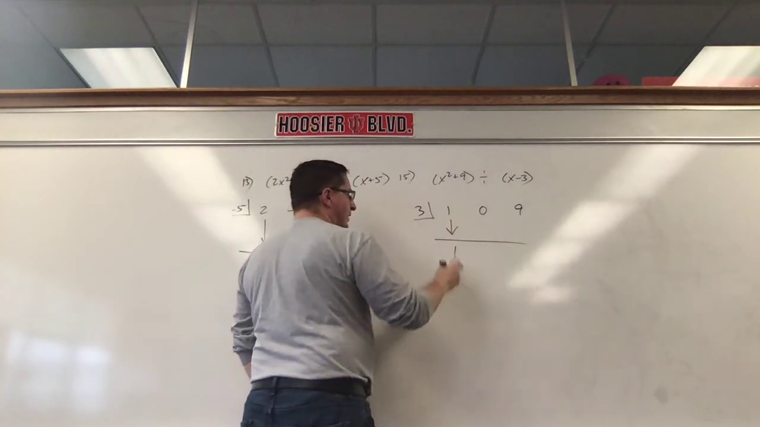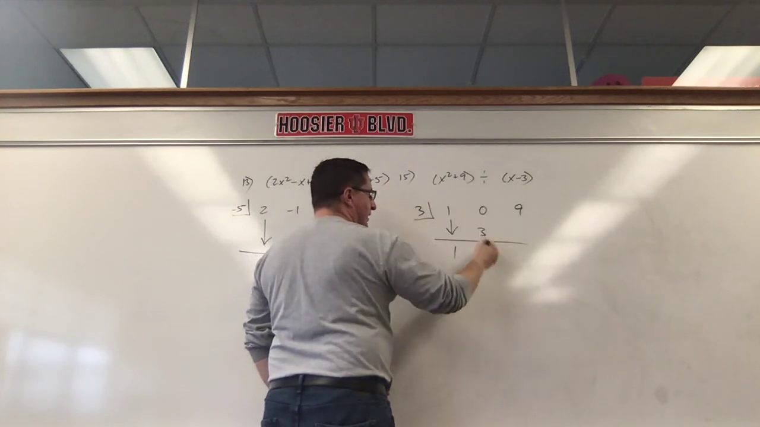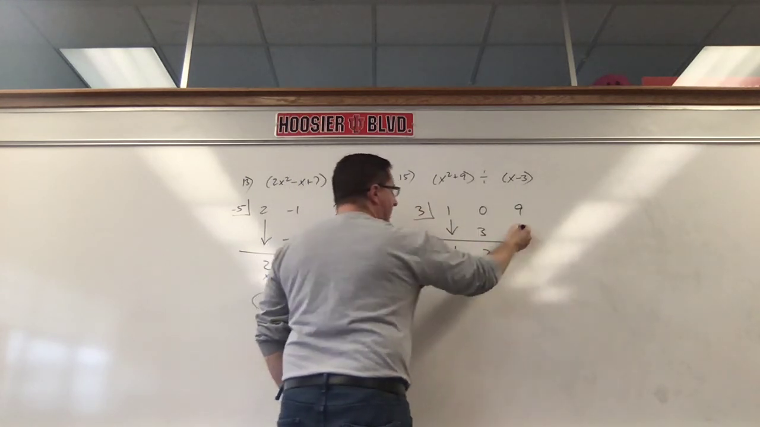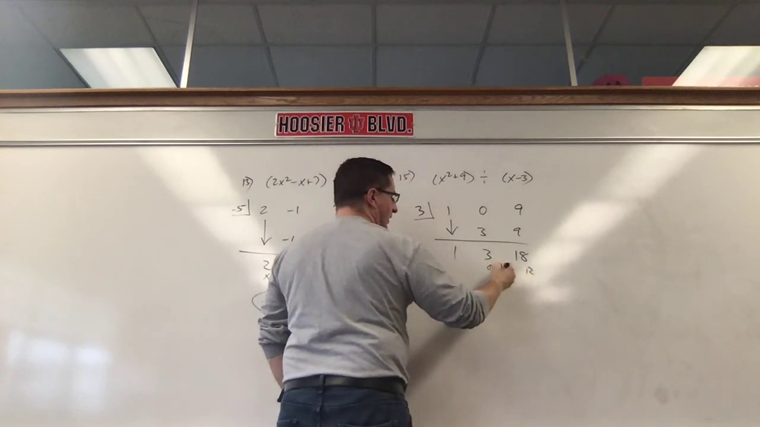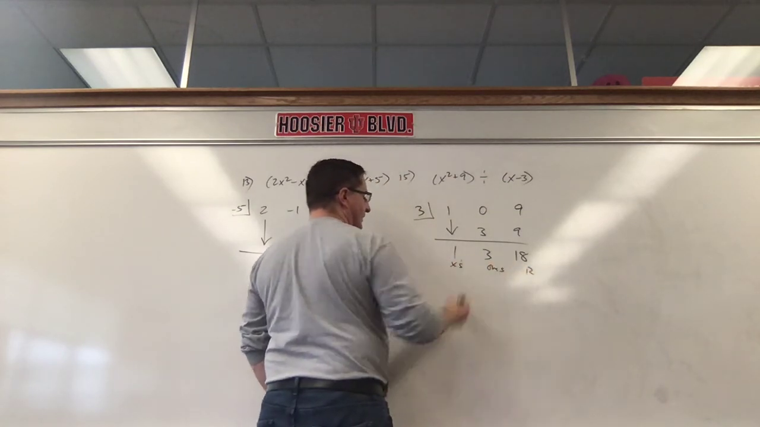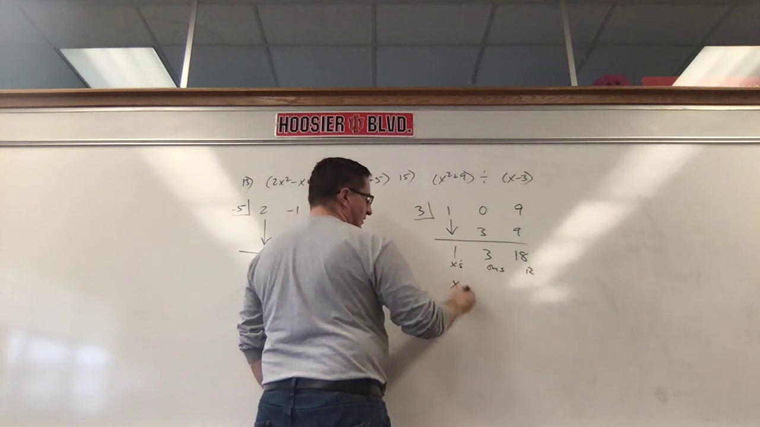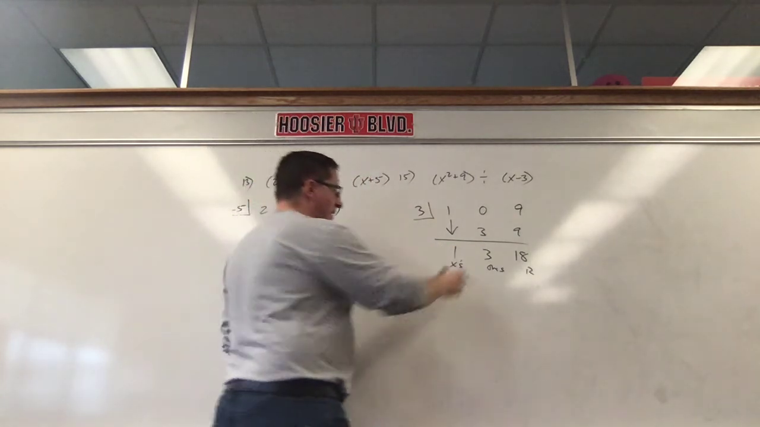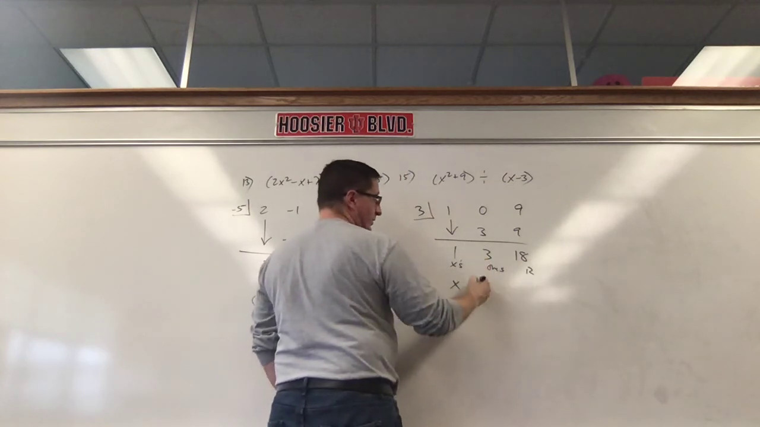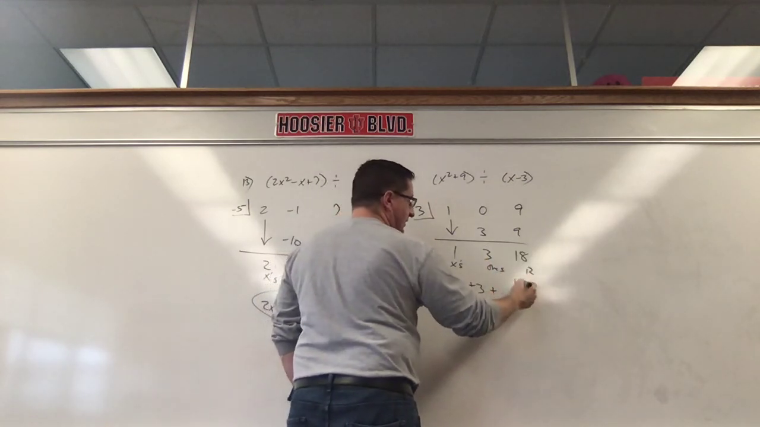Drop your 1, times 3, add to 3. Times 3, add to 9, times 3, add to 18. This is our remainder. These are the 1's, these are the x's, okay? So it's 1x. Don't put 1x on the computer. The computer doesn't like 1x. Just put x. Plus 3, and again, it's not negative 3, so it's plus 3. Plus 18 over